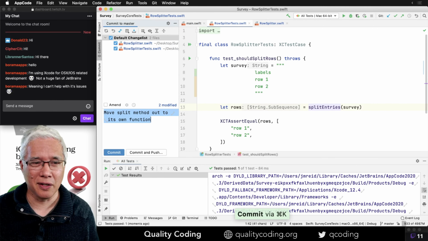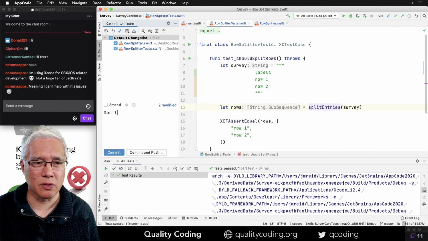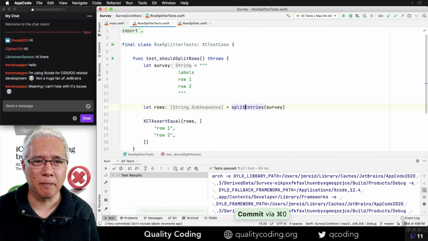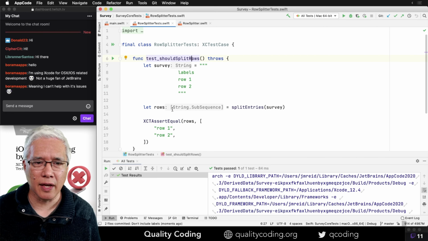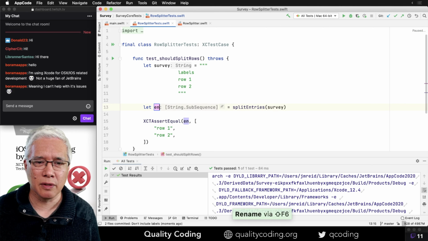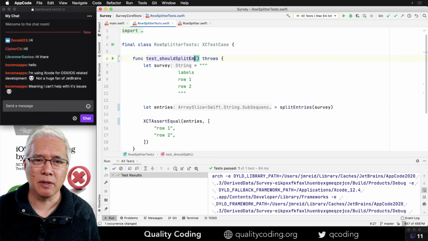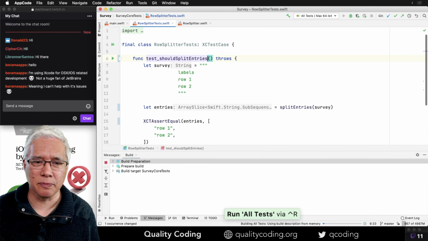So this should be, don't include labels. All right. And now let's look at the name. This is really not rows anymore. This is entries. The test name should say that as well.